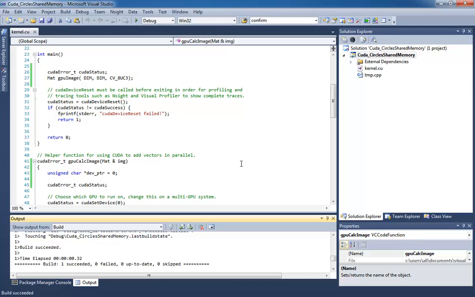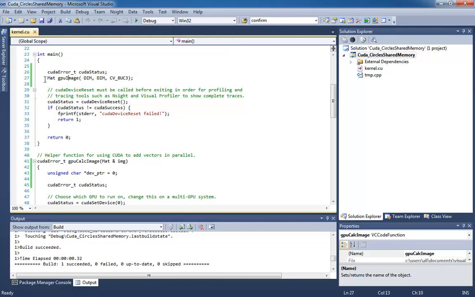So now that I added my library files, this file, the Mat GPU image that I'm creating, since now this requires a binary, it's able to resolve the external links, the external